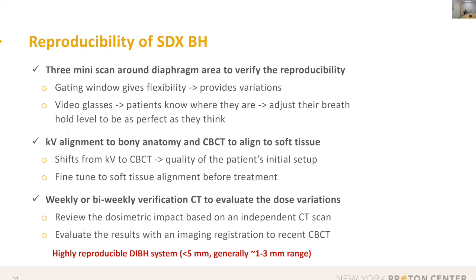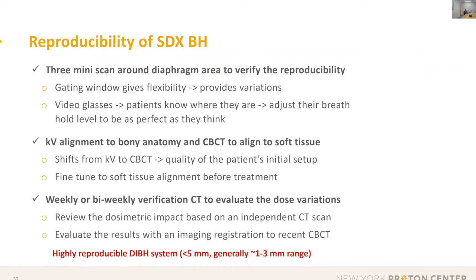So basically, I would say it's maybe not necessary, and this has to be emphasized: this information has to be passed to the patient during the coaching session, to help them better understand that reproducibility is actually better than just moving to the middle of the gating window. As I mentioned, we do the KV to the bony anatomy and then move to the cone beam CT. And this shift is basically also a good indicator of the reproducibility. It's just the quality of the patient's initial setup. And often, based on the cone beam CT, we'll do some fine tuning of soft tissue alignment before we treat the